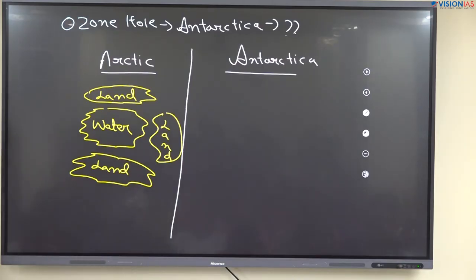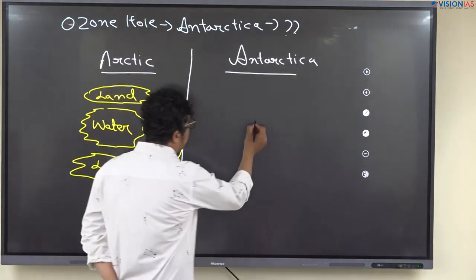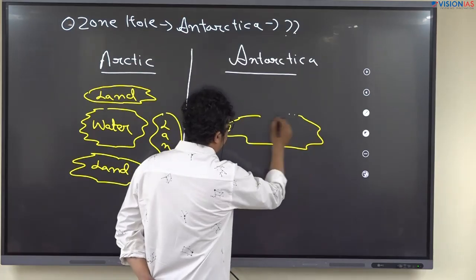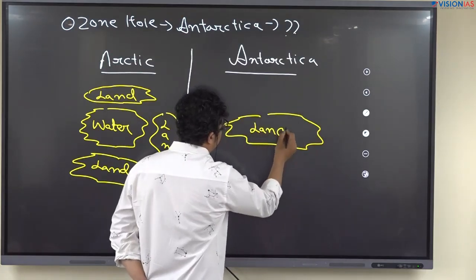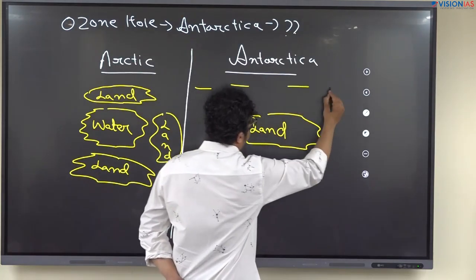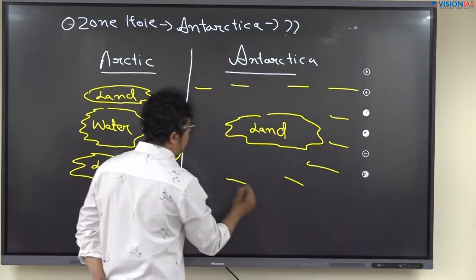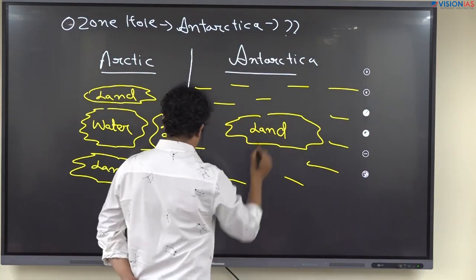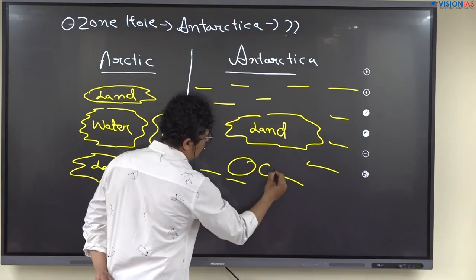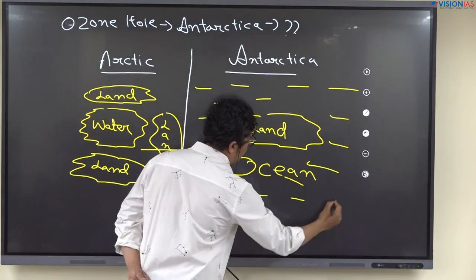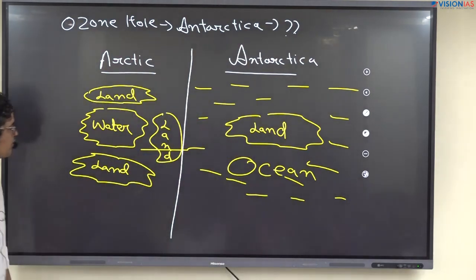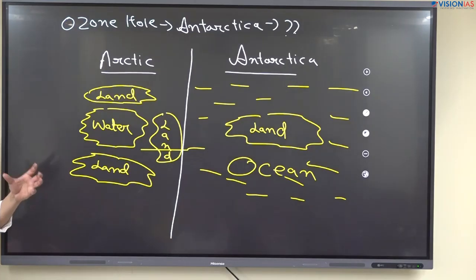So it's a water body surrounded by land. But if you look at Antarctica, Antarctica is a landmass surrounded by a very big ocean from all the four sides. A vast ocean. So there is a difference between their geography. Arctic is a water body surrounded by land, big continents, while Antarctica is a landmass surrounded by very big ocean,